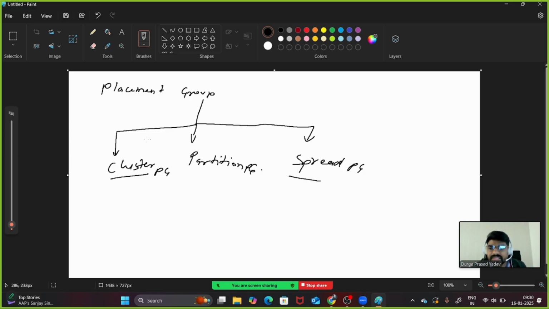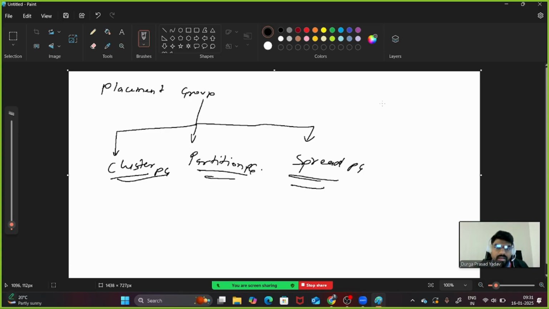How to place your instance in the AWS data center? For that, there is a three-grouping concept that has been given to you. Now, how will you understand this grouping? What is the cluster placement group, partition placement group, and spread placement group?